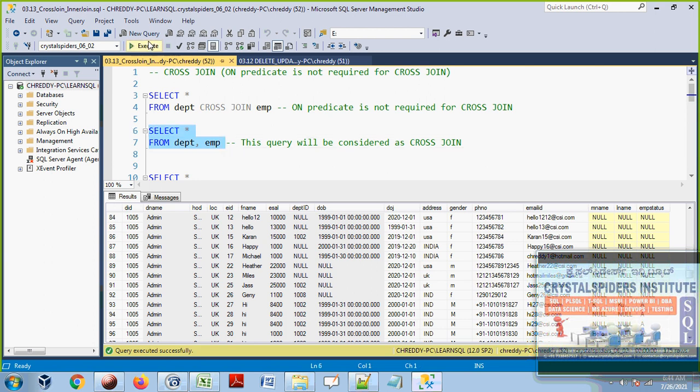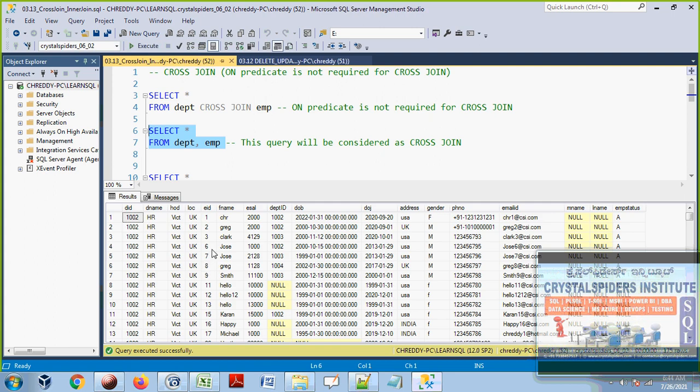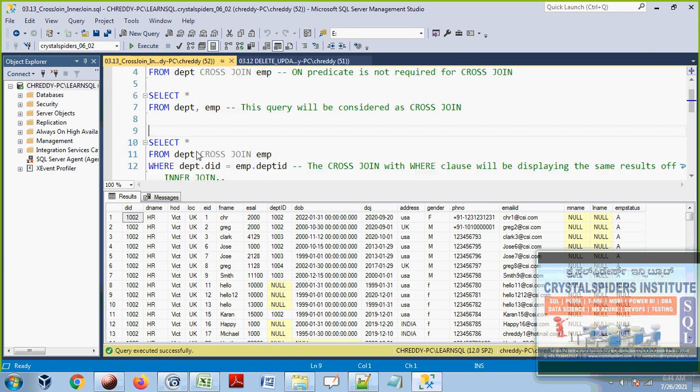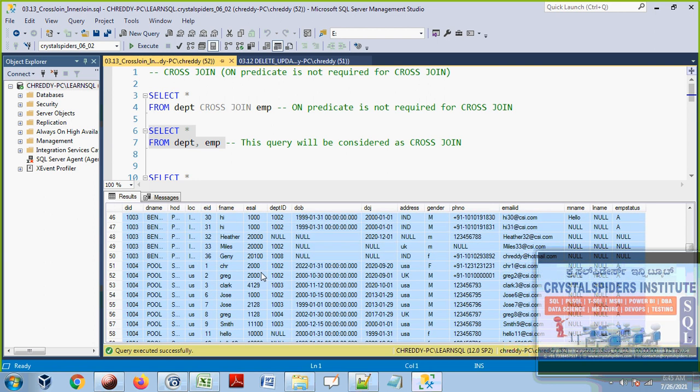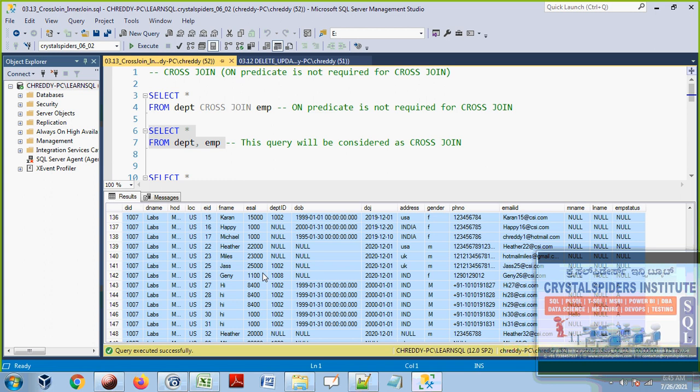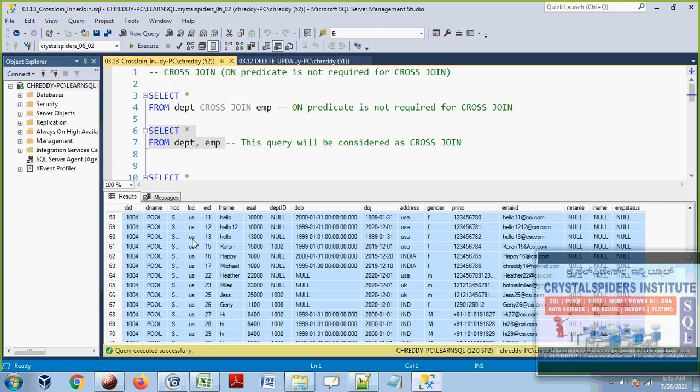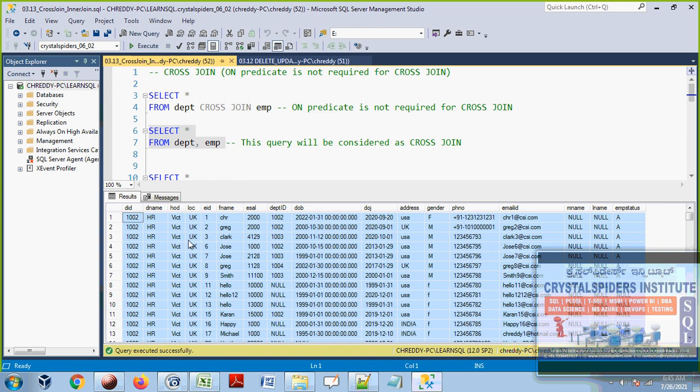And this also is going to produce the same results. That is what cross join as well. And this query also will be considered as a cross join SQL query. And now here guys, from these results, either this result or this result, I am going to put one condition. What is that condition? After this cross join, from the Cartesian product results, I am going to apply one condition.